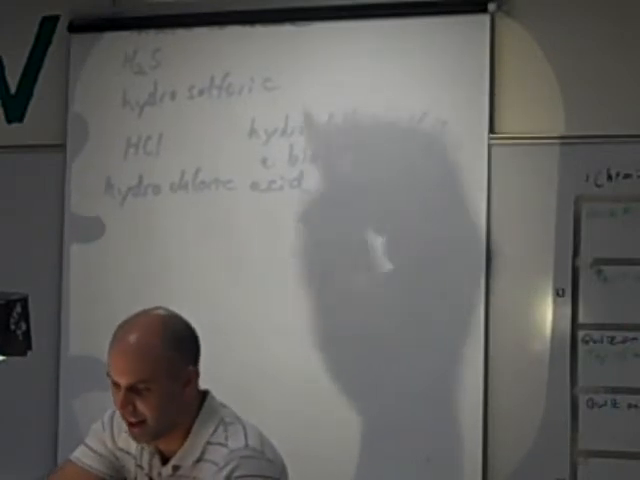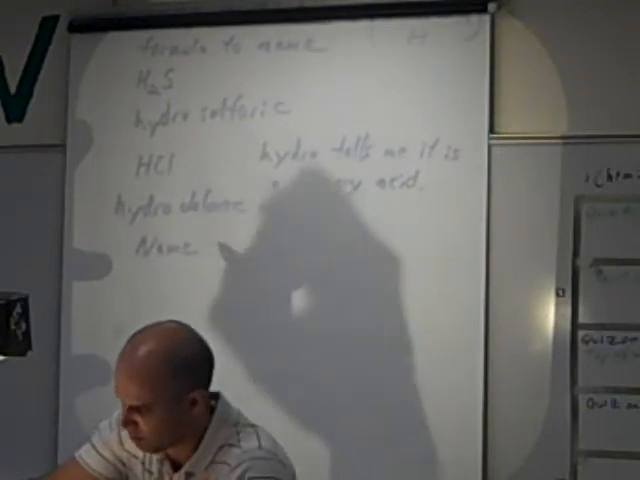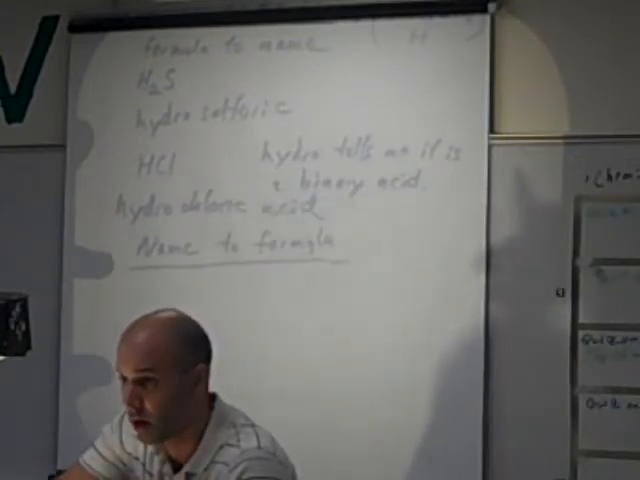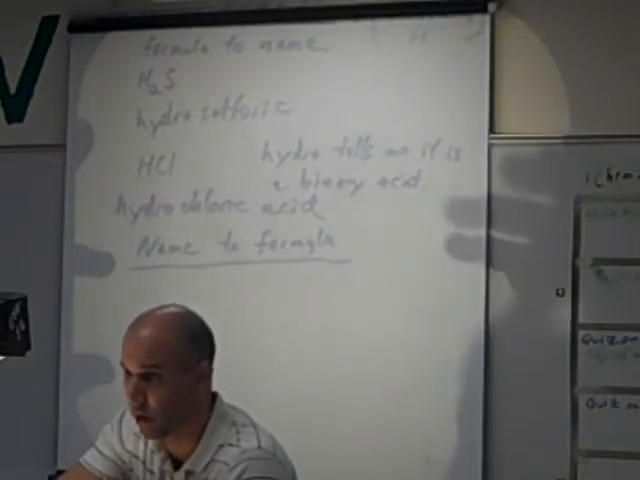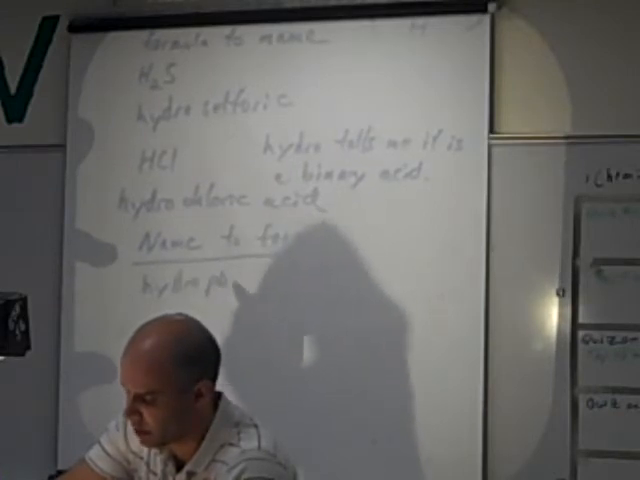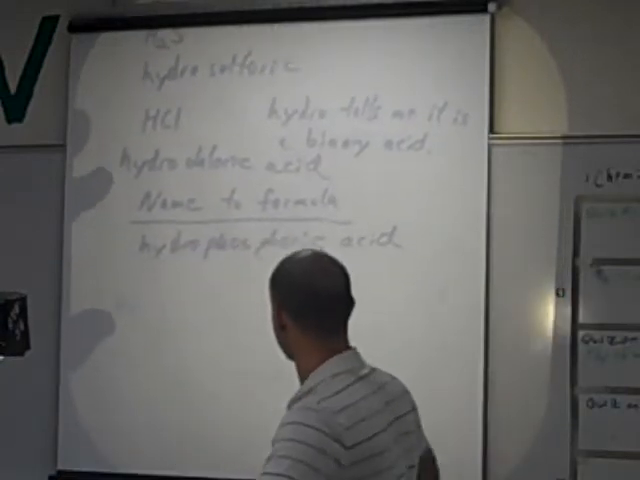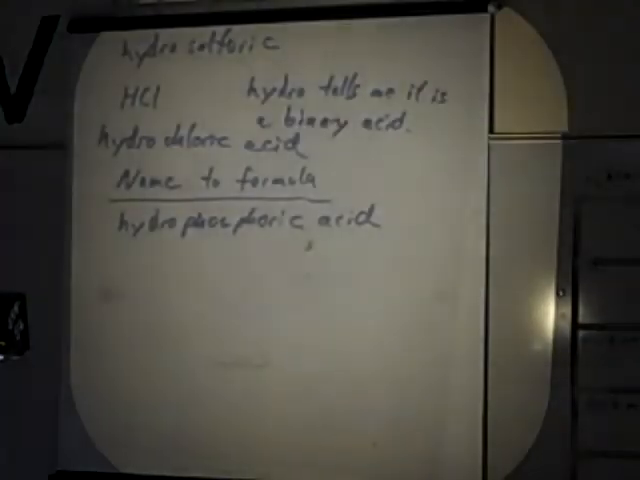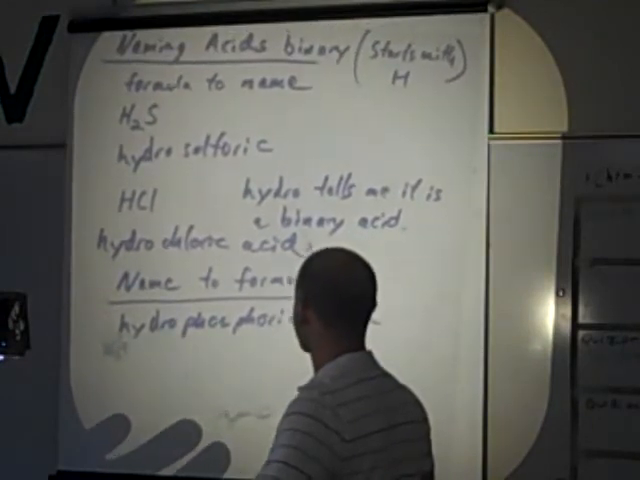All right. How about going from name to formula? If there is no H in front of it, then it's not an acid. Then it gets named according to some of the other rules we've already done. So what if we have this? Hydrophosphoric acid. So, hydrophosphoric acid,